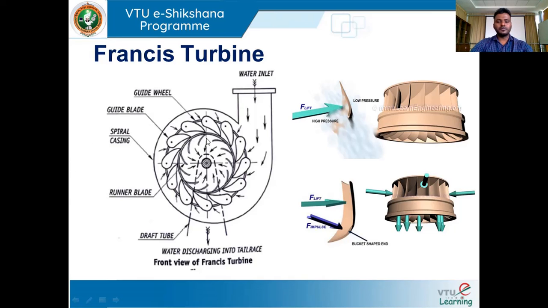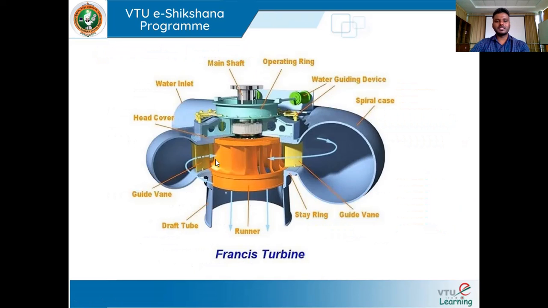Then water under high velocity, with high kinetic energy, starts striking the runner blade, thereby producing a reaction force. As we know, once the water starts gliding over this runner blade, it creates a reaction pressure, and due to the shape of this runner blade, there will also be an impulsive action of water on the blade. Due to a combination of reaction force and impulsive force, the turbine rotates at the required speed, and the shaft of the turbine is connected to a generator so that electricity can be generated.